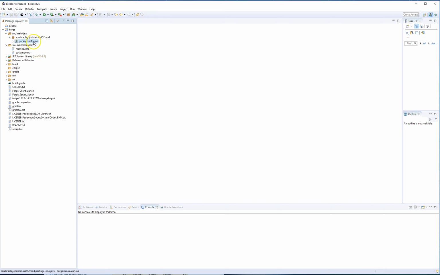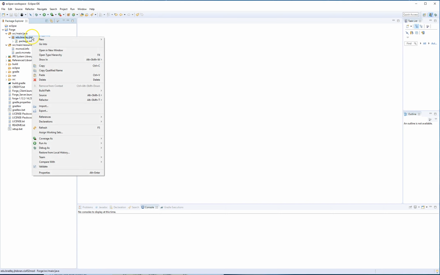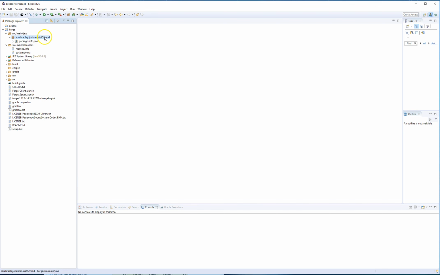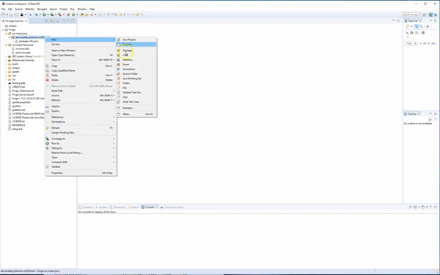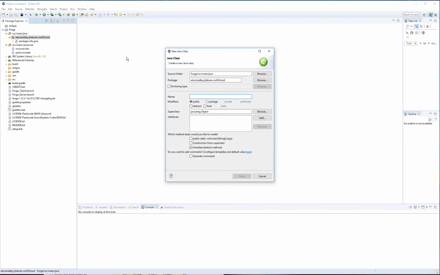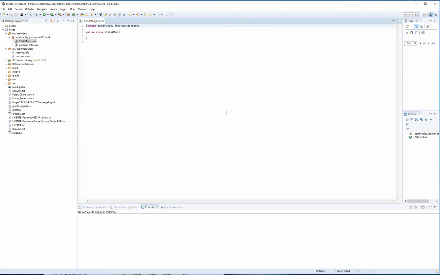What I do want to do though is inside the package. So I have the package highlighted. It's a new class, and I want to create, and since I highlighted the package, it'll automatically fill in the package. I want to create a CIS 452 mod. Okay, so that will come in,